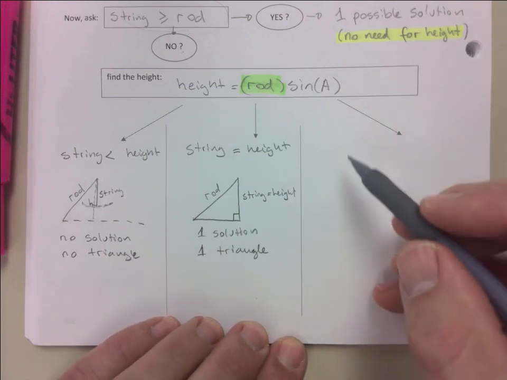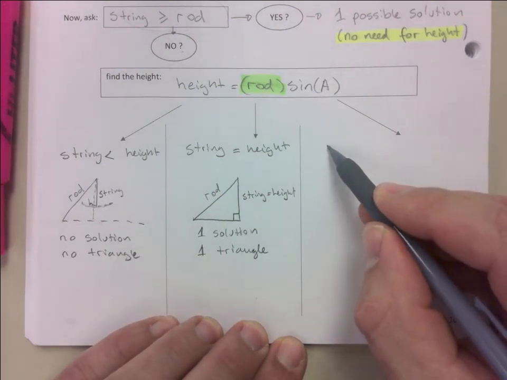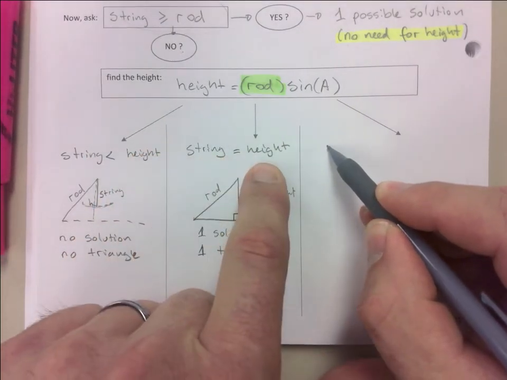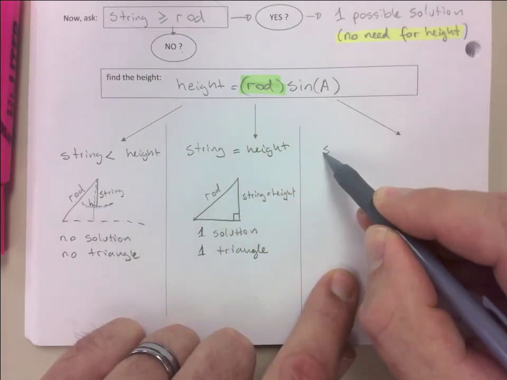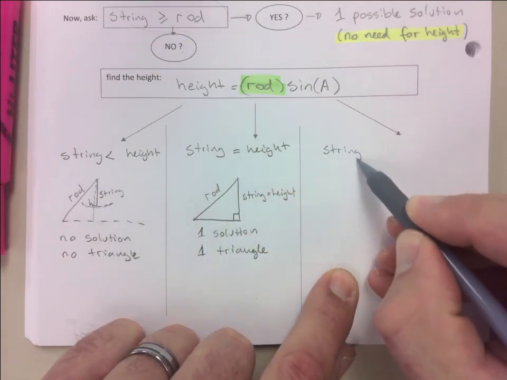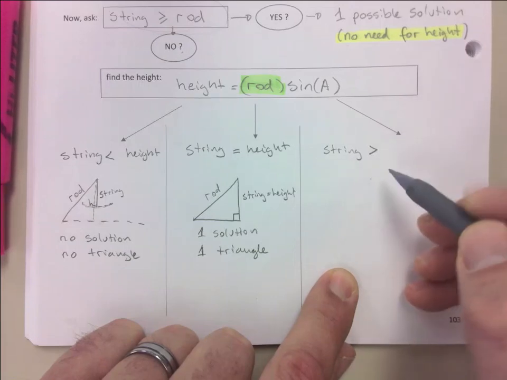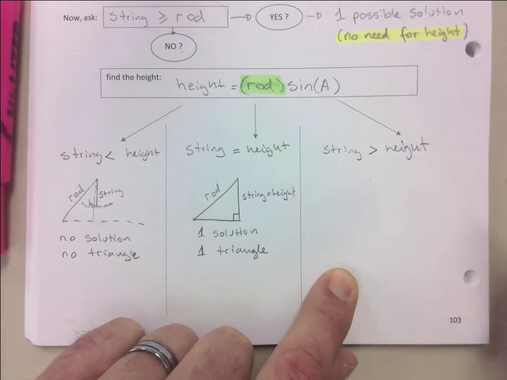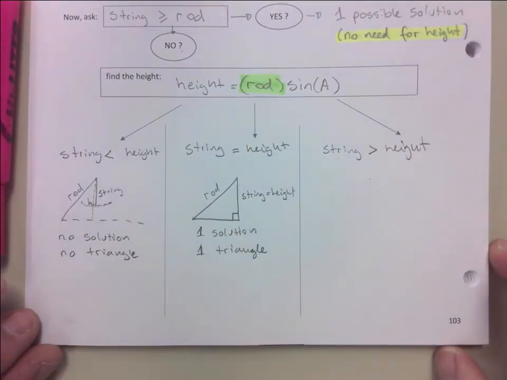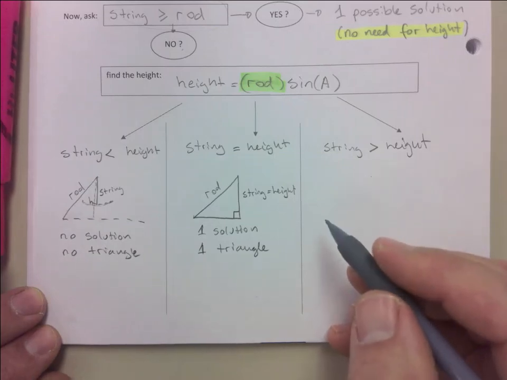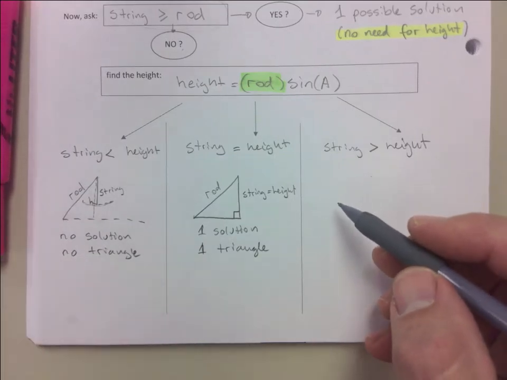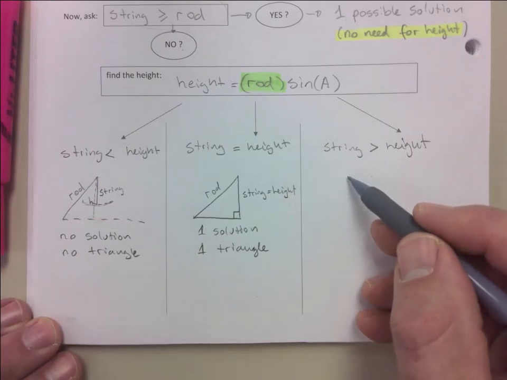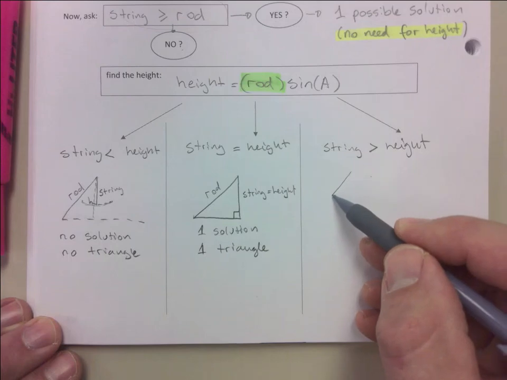Then you have another case. We have string shorter than height, string is equal to the height. What could be the other one? String is greater than the height. In that case, you've got two possible solutions. And hear me out here. Basically what is happening,